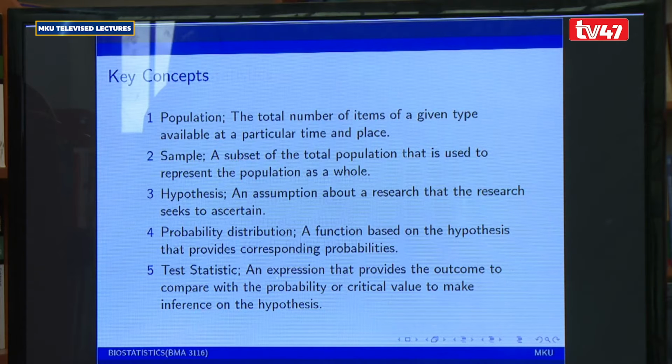Now, we look at key concepts in statistics. One, a population. This is the total number of items of a given type available at a particular time and place. We specify the time and the place when it comes to population, because changing any of these parameters will lead to a change in the consideration you're making at that given time. Just recently we had the census, and you remember that the census was defined on a particular night that it commenced. And that particular night gives a specific time that the census was to be carried out, because the census is all about collecting data about majorly people and